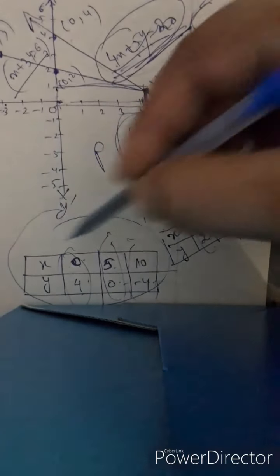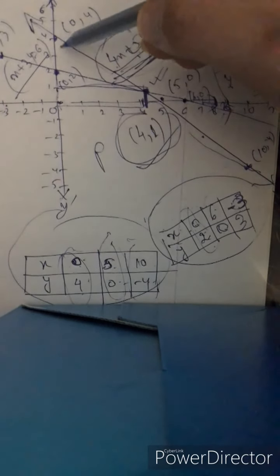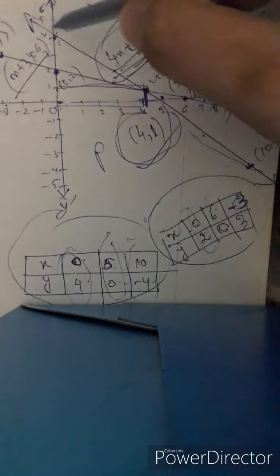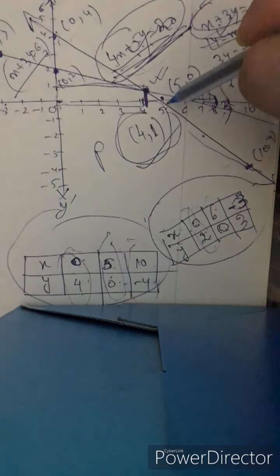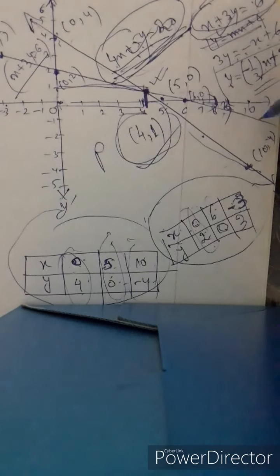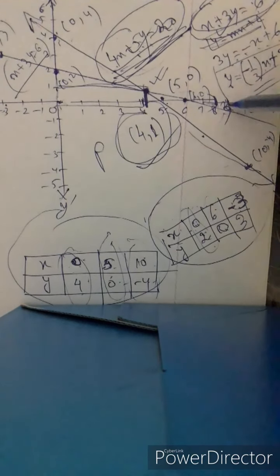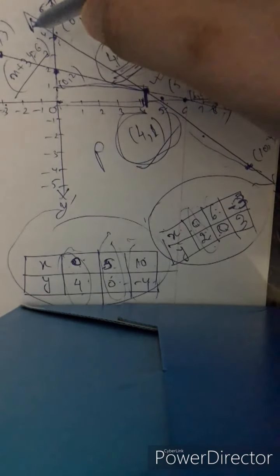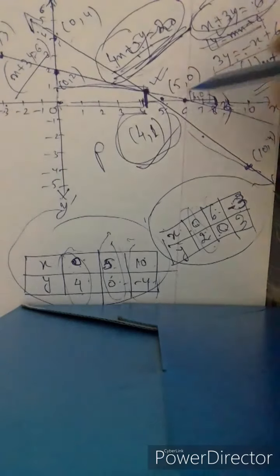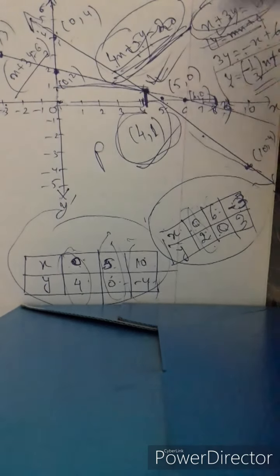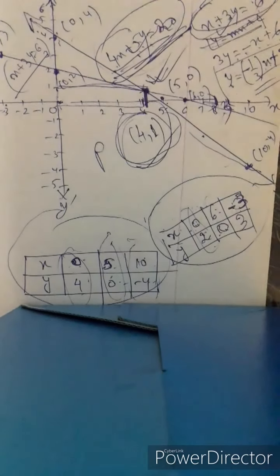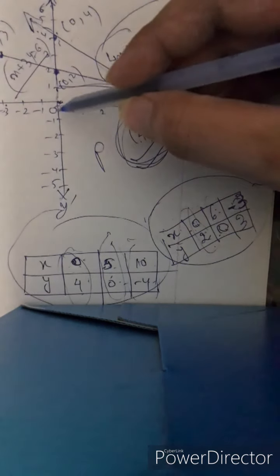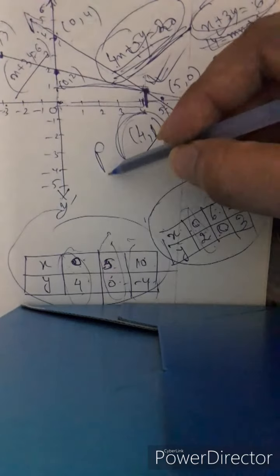Now solving these two graphically, we'll take (0, 4), locate this point on the graph and draw the point, and after that (5, 0) we'll locate and draw the point, (10, minus 4) we'll locate and draw the point. After that we'll join them using a straight line. Similarly this also will make a straight line, locate the points and join them. The point where the lines of these two equations meet is the solution. Suppose I have drawn it very roughly, and the solution came out to be (4, 1), where 4 is the abscissa and 1 is the ordinate.